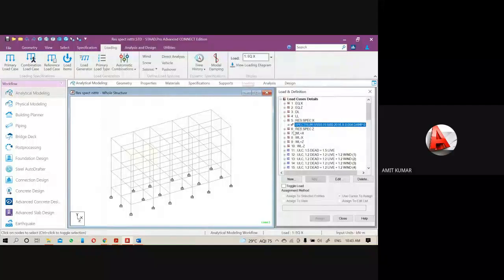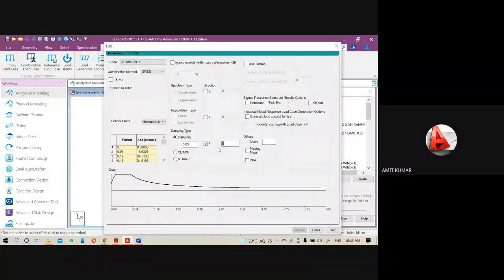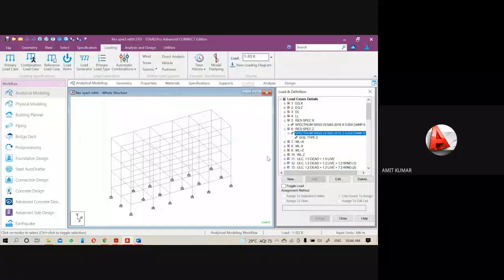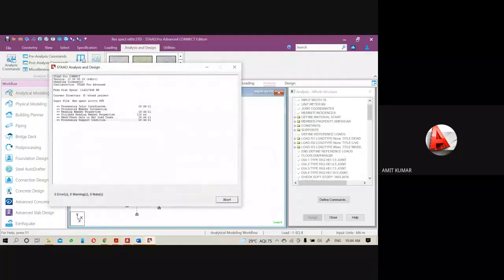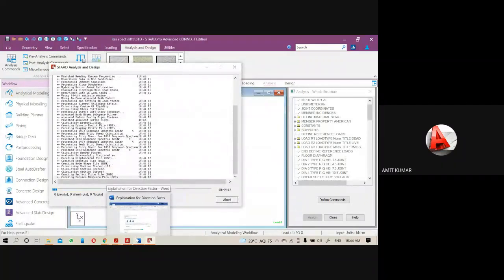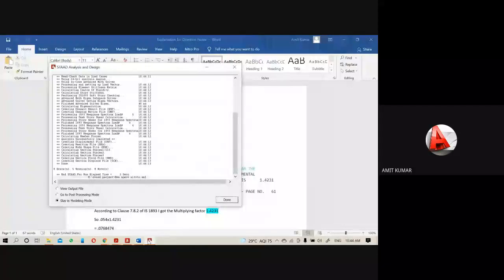Then the same value will be put in the plot here. It will be the same zone factor and same importance factor. Then analyze your structure one more time and view the output file.